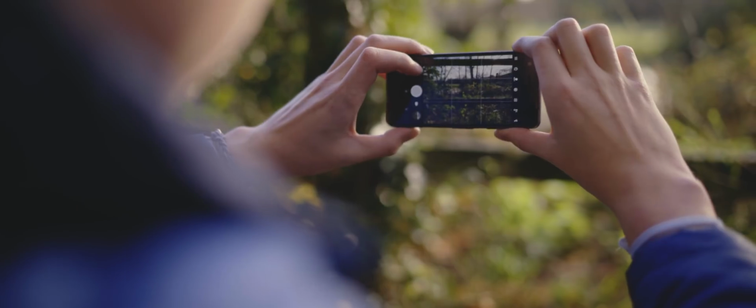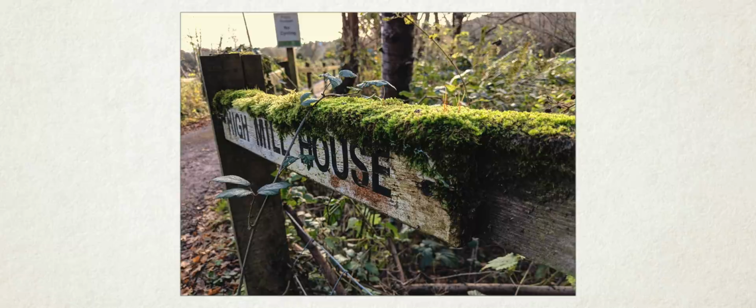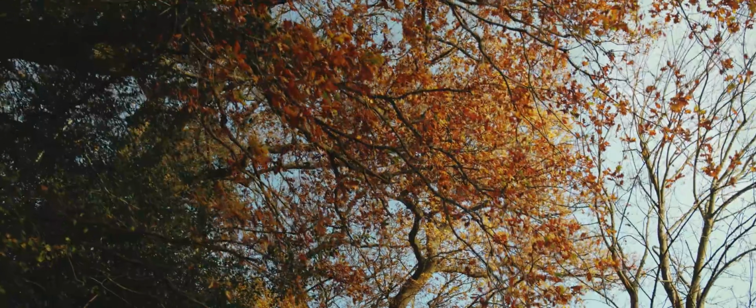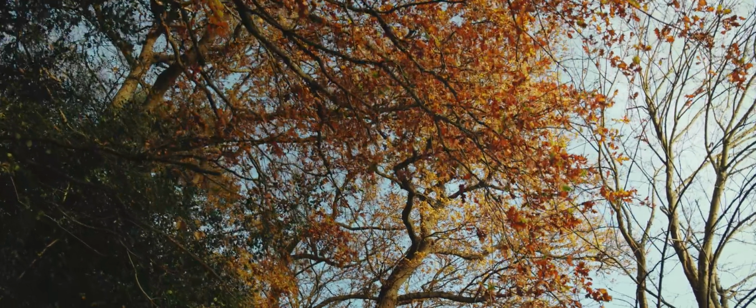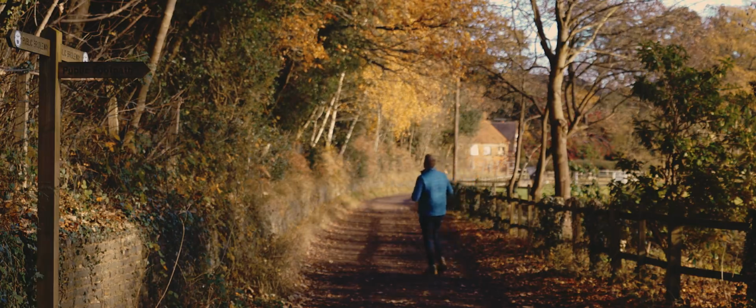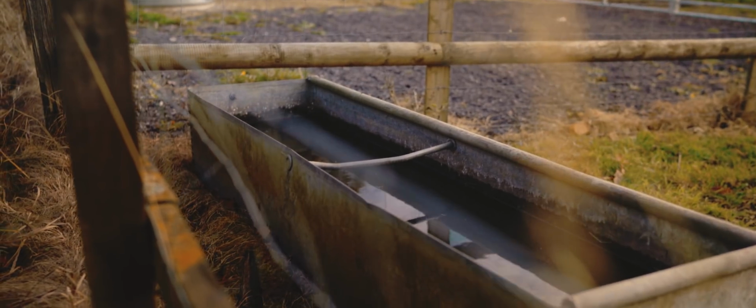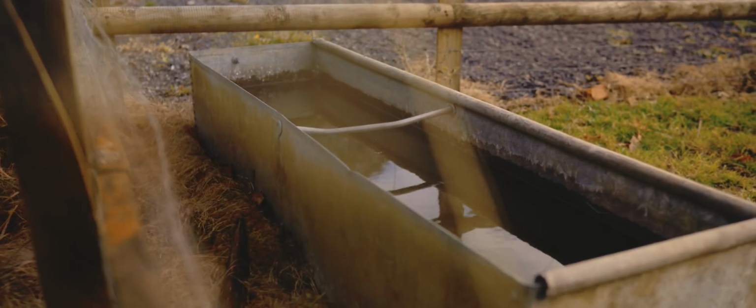This is one of the first phones that I've ever owned that takes photos that don't look like they've come from a smartphone. Now, of course, if you got into some serious pixel peeping or wanted to do some color grading on it, the image would begin to break down really quickly, but straight out of the camera, they look seriously good. I mean, the HDR mode works seamlessly, the portrait mode is an absolute triumph, and it also works nicely with cats, which is hugely beneficial for someone like me, and the processing that the Pixel 2 does behind